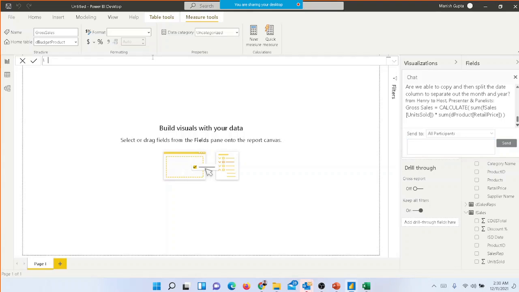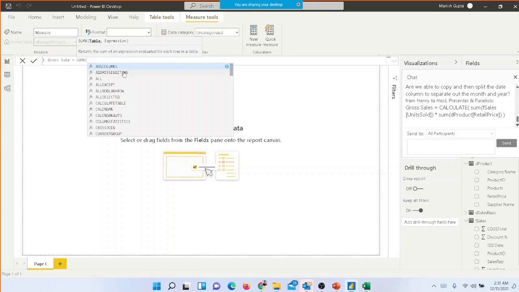How I created the measure was like this. I used the SUMX formula actually. So it was like this: new measure Gross Sale equals SUMX, and SUMX will need a table, F Sales,